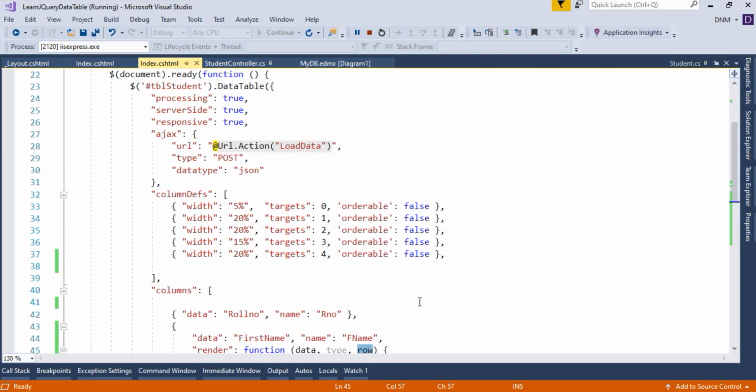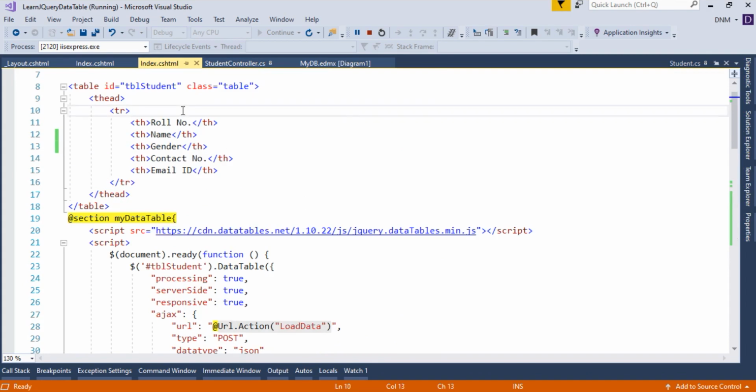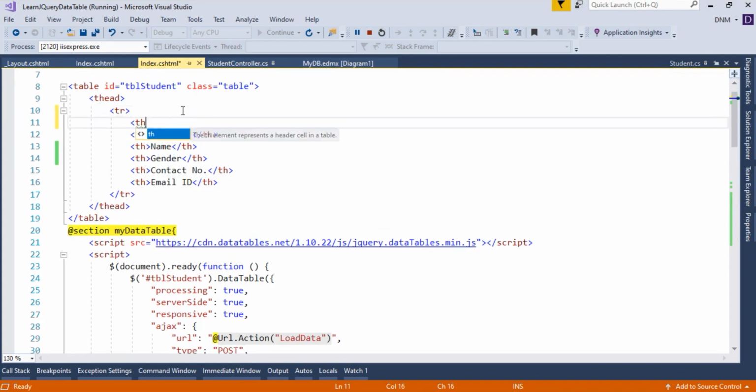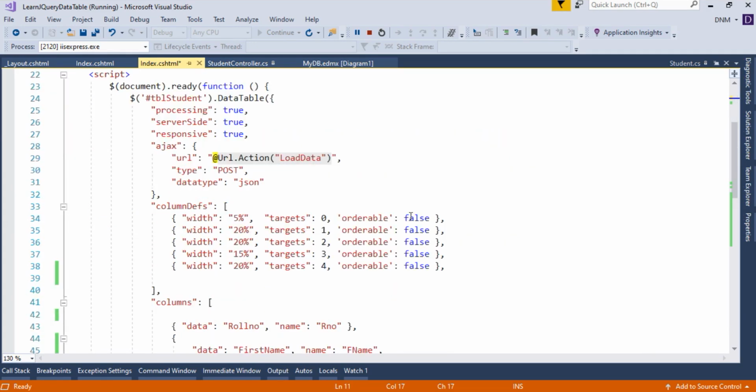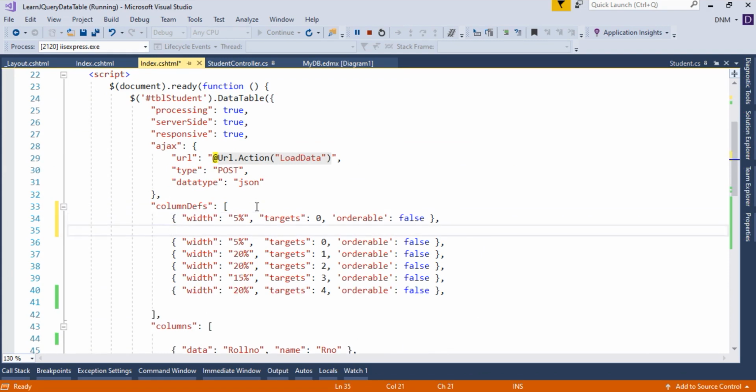I want to display a checkbox as a first column which does not have any heading. So let me put it first. This will not have any heading, that's why it is empty. Then here let me put a respective column for it.